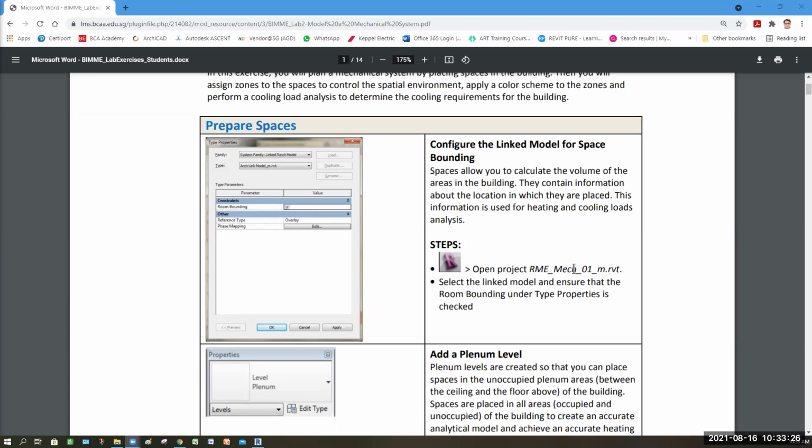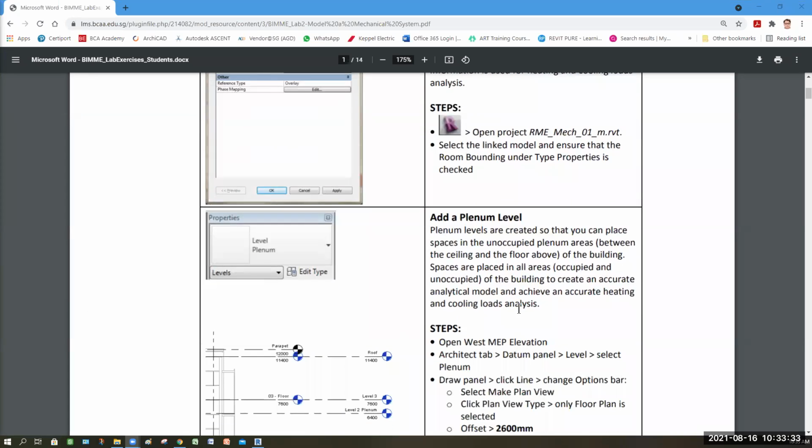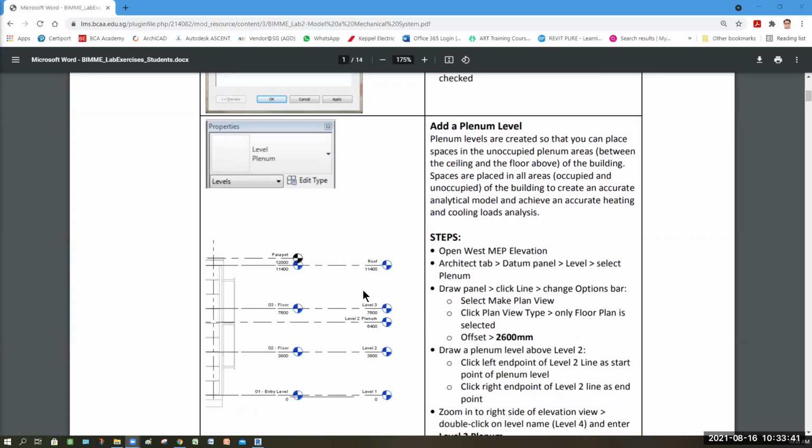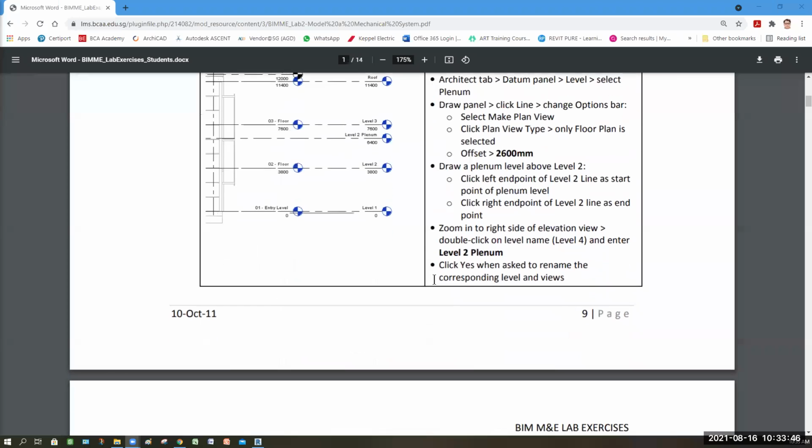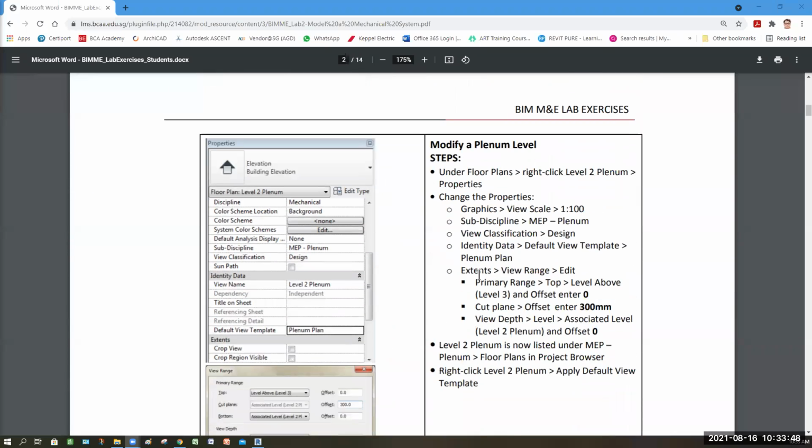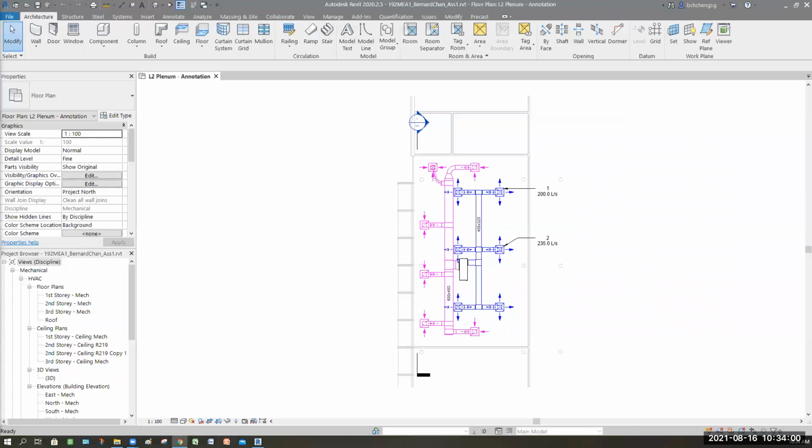Okay, so I think there are samples here, which I believe should have some information for us to play with. So if you select our drawing that I give to you all, I think data might not be fully integrated. So this step, plenum level, we've done that before, right? So this one should not be a problem for you all. Next, you have to assign or configure the information. So from this, if you guys are looking at, I move this away first. So if you're looking at this,